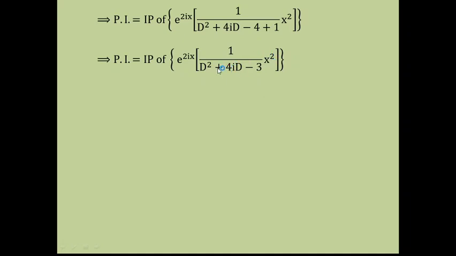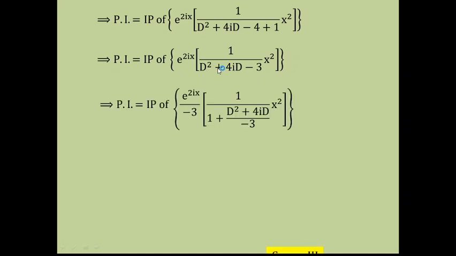Okay. So we shall apply now the case number 3. What is the requirement of case 3? Look for the lowest degree term. Lowest degree term is minus 3. Take it outside. What are we left with? Here what is left? 1. And the remaining term should be divided by that term which we have taken common, that is minus 3. So it will take this form. So this is according to case number 3.